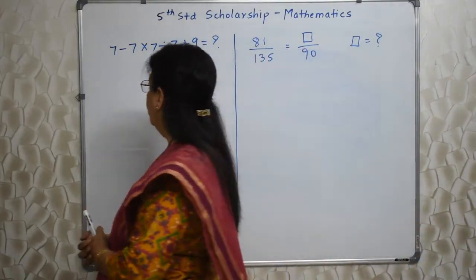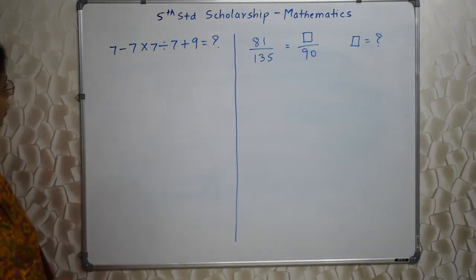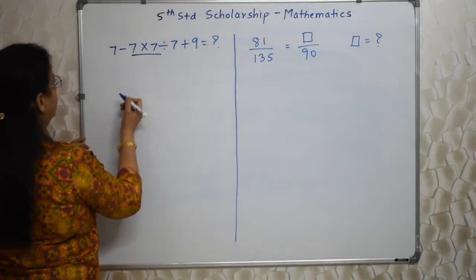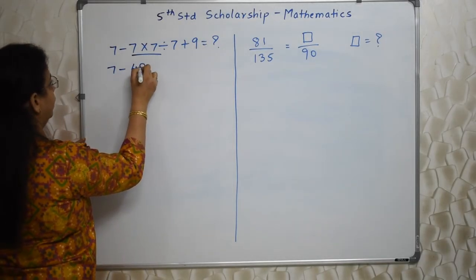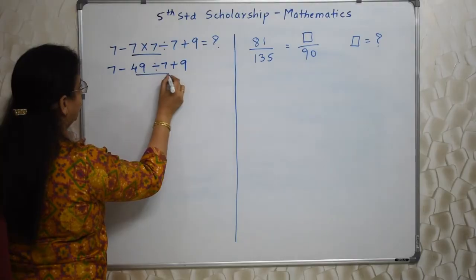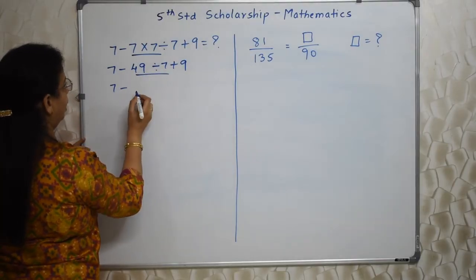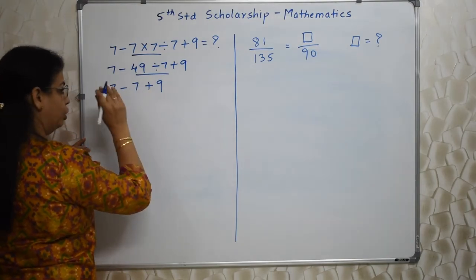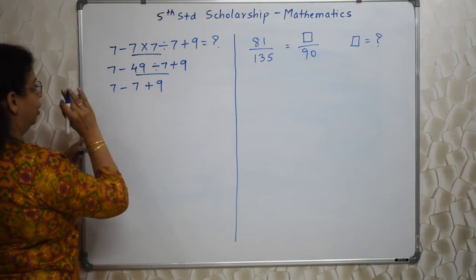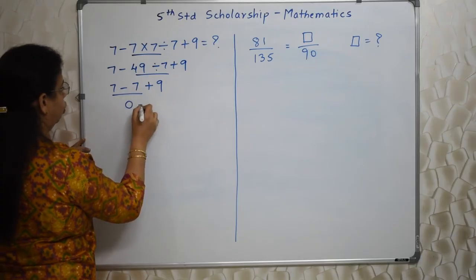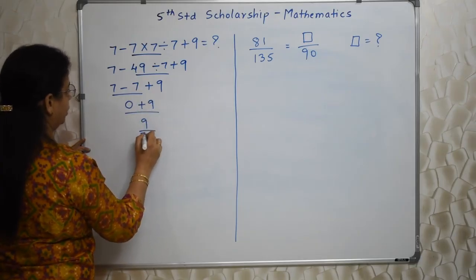Okay, so we are going to implement that. What is the BODMAS rule? First we have to do multiplication and division, whichever is first from this side. So here it is multiplication, so we must do this. The rest has to be written as it is. Then you will have to do division. So 49 divided by 7 is 7. Then plus and minus are also at the same level. Whichever comes first from the left, you need to perform first. So this will be first. So 0 plus 9, ultimately the answer is 9.